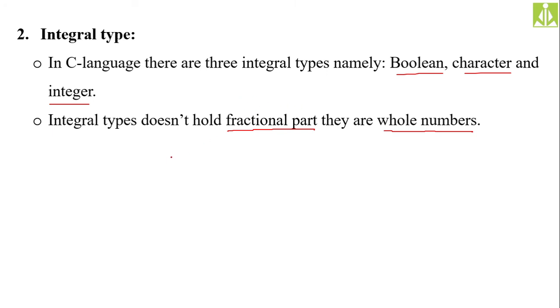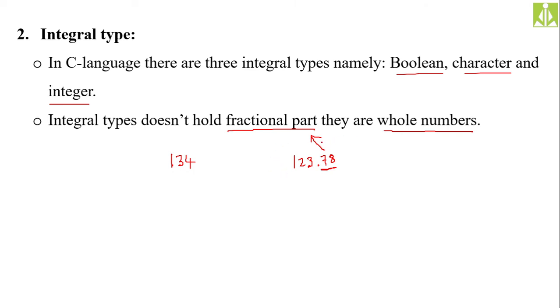So let us assume that it is 134, as it is not having any fractional part. Fractional part means the numerical value which comes after the decimal point. The numerical value which comes after the decimal point, we call it the fractional part, like this. After the decimal point we have 78, 0.78. So this 0.78 we call a fractional part, and this is your whole number. 123 is the whole number.